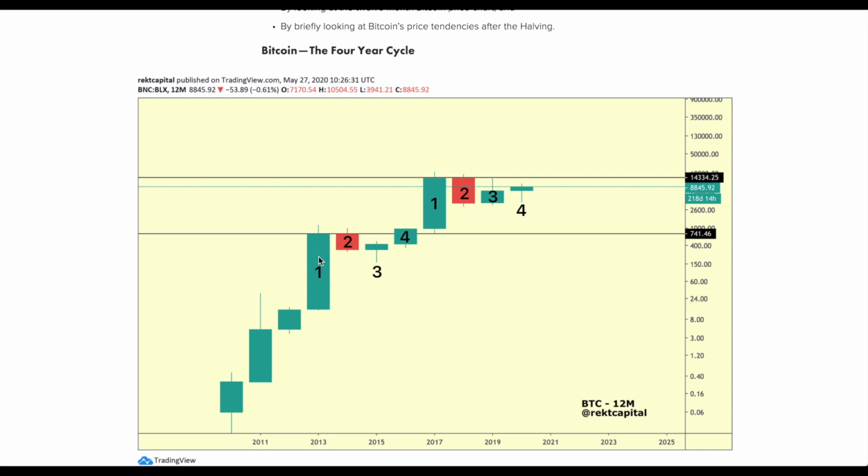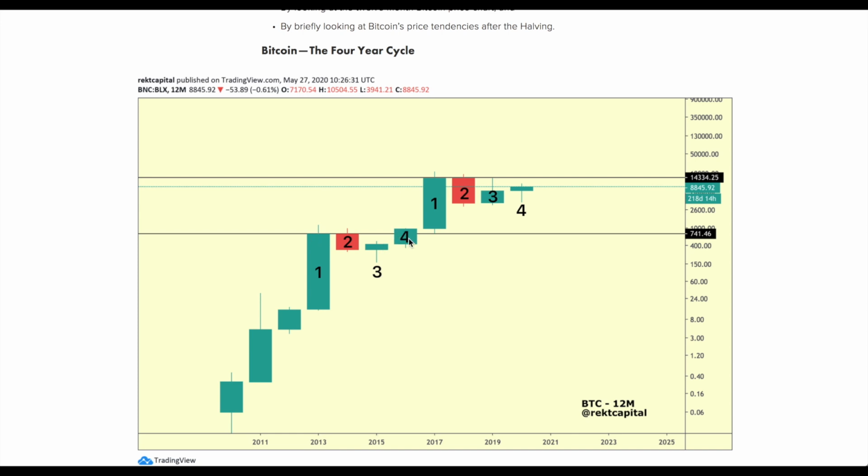It stopped that euphoria coming into the asset. This is essentially what stopped Bitcoin from going to higher and higher levels. So we registered that all-time high over here, and we rejected from this resistance of 740. We had that corrective period, then we had the bottoming out period and the recovery. And this candle number 4, phase 4, is all about continuing after that recovery and closing on the 12-month time frame above the previous resistance that stopped that euphoria and overexuberance.